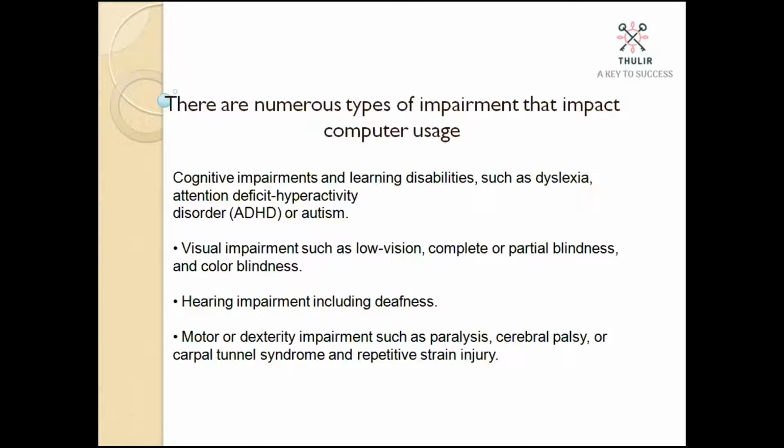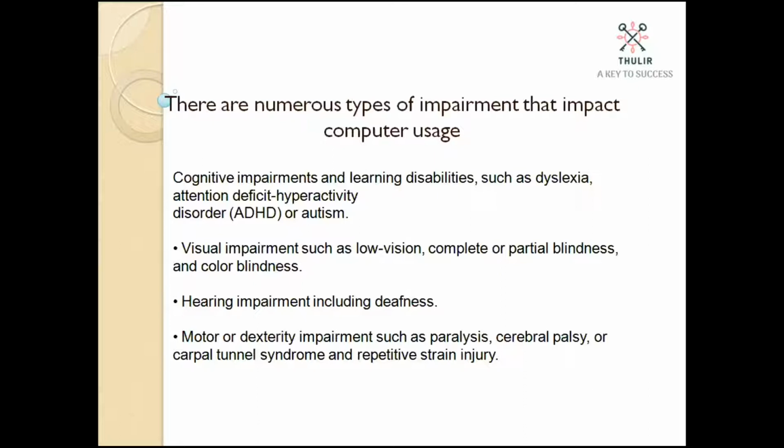And the next thing is visual impairment, the people who have low vision or complete or partial blindness and color blindness. And hearing impairment, people who can hear only with less noise or with deafness.